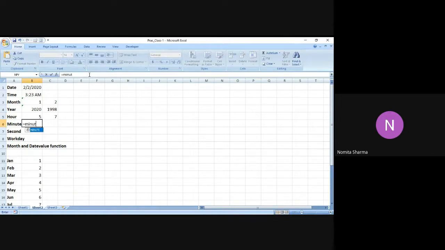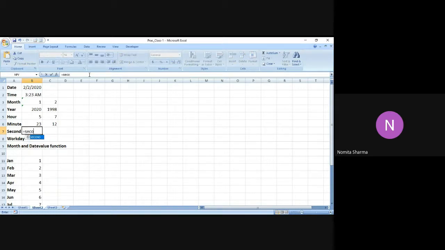In a similar manner, we will have minute as well. So we write in quotes the time, say 3:23:12, and I write this, and I get 23 as the answer. Let me do it one more time. So I have minute, I write in the quote, and I mention the hour, I mention the minutes, and I also mention the second. And I put the quote and I close the bracket. I get 12 as the answer.